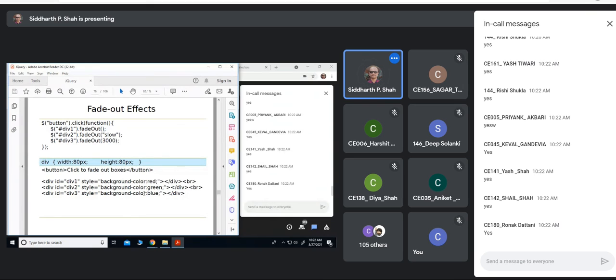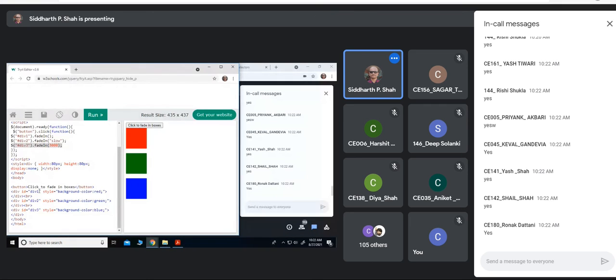So fade out, I think it is the same thing, right? I just need to change this. Only this is changed, and this will be changed to fade out.